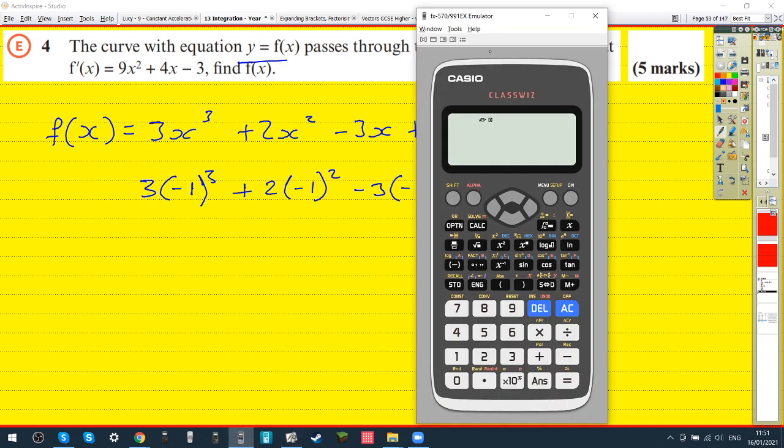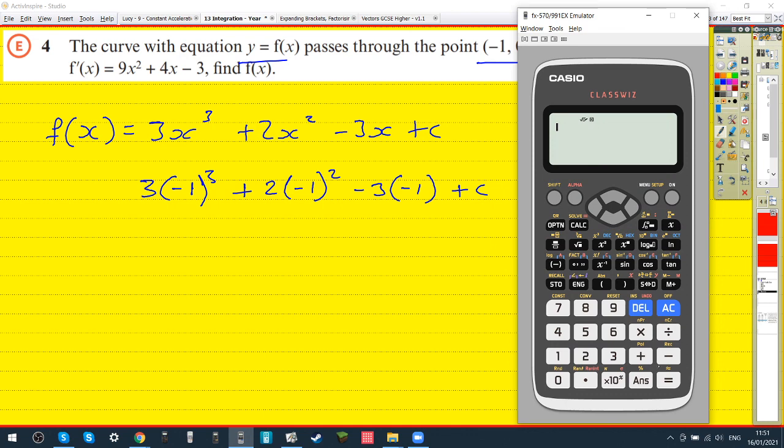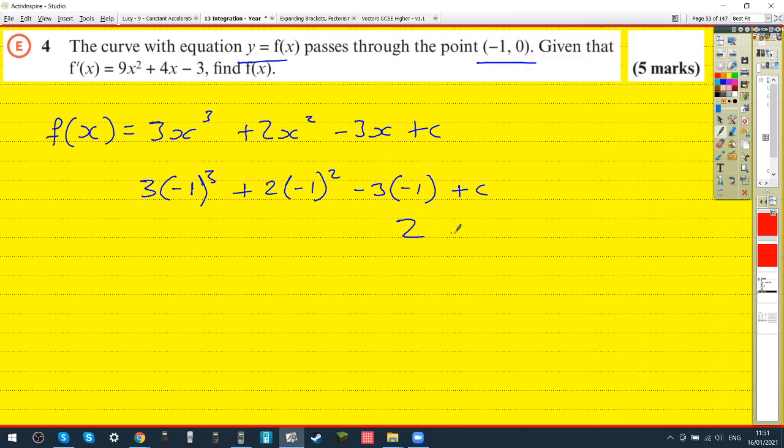What makes it easier is if you just put in minus 1, press equals, and then you can just do 3 answer cubed and so on. I got 2. So that's 2, and so 2 plus c